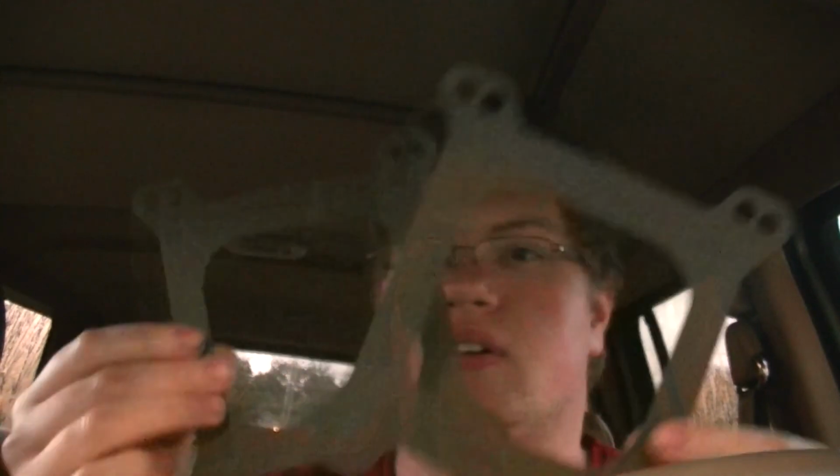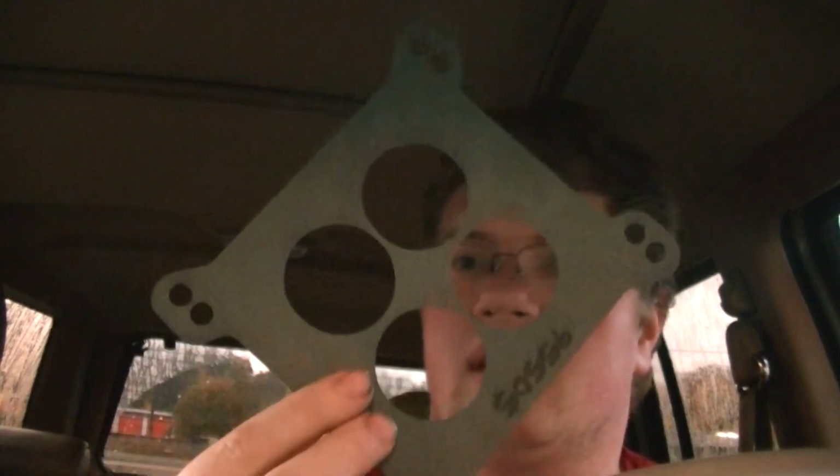Anyways, I got 2 square bore gaskets, and just one of these in case I need it, because I think this would probably be beneficial to have on the bottom of that EGR port. So now we're going to head to the O'Reilly's in Oregon City to pick up a little water port, and then